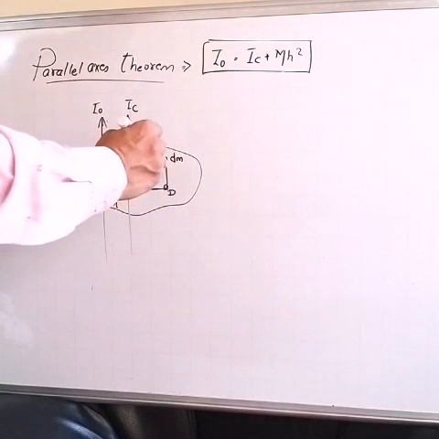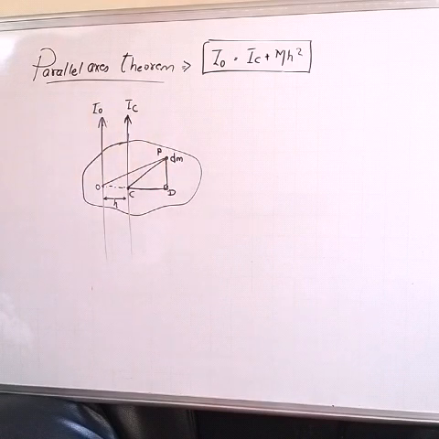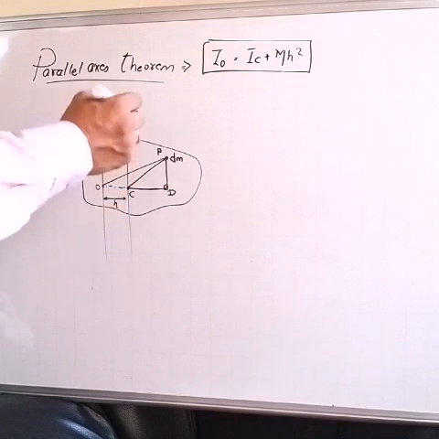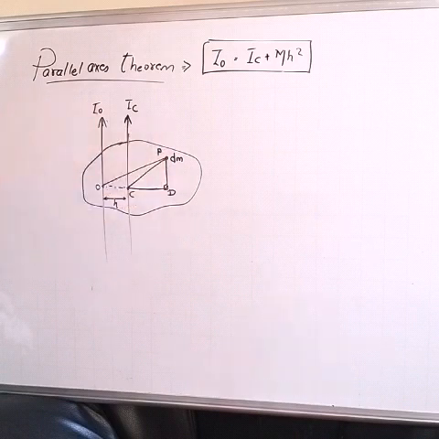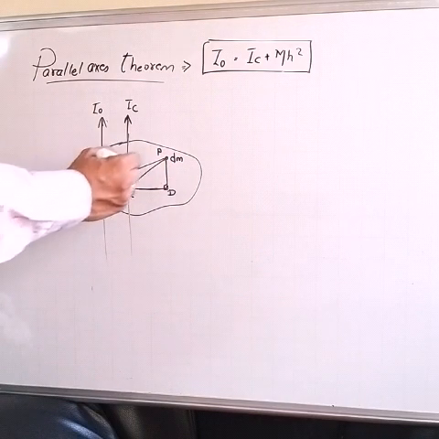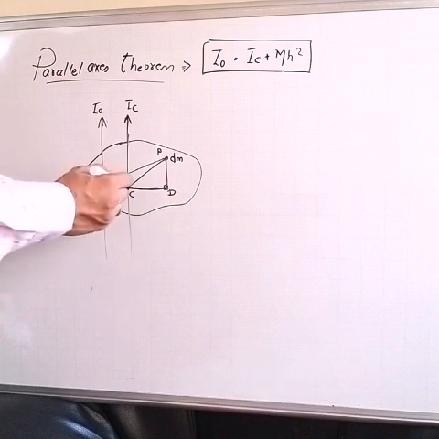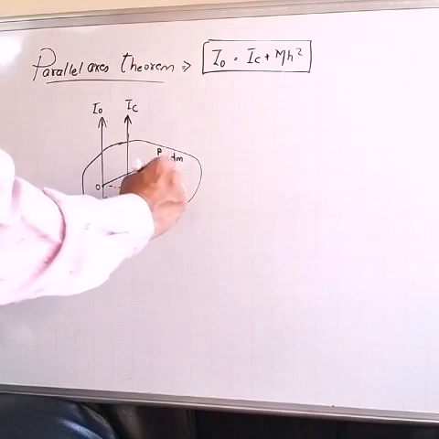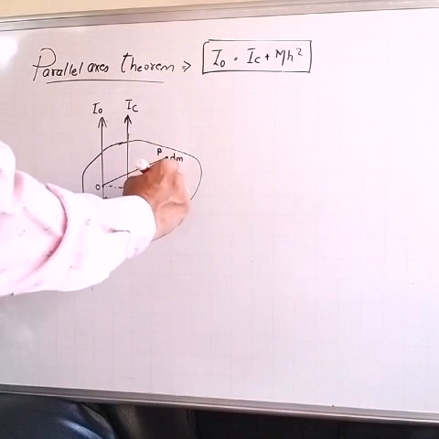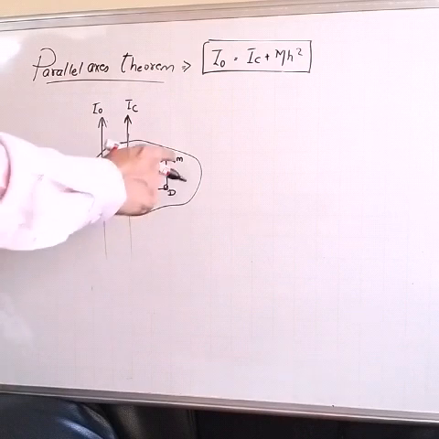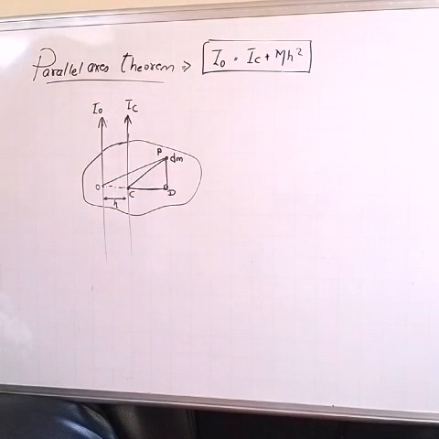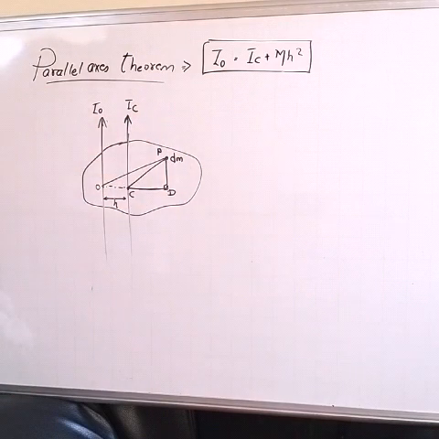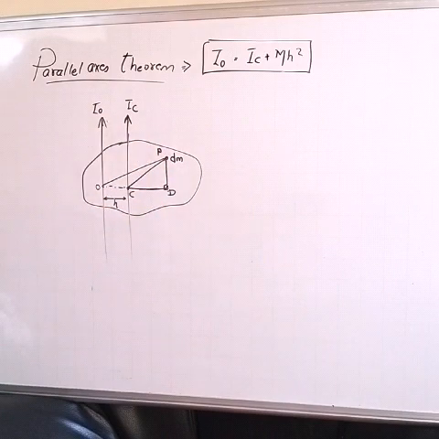I have taken a small element of mass dm at point P. Now I join the lines CP and OP. From point O I draw a line to P, and from point C also I draw a line to P. Not only that, I extend OC up to point D and drop a perpendicular from point P on D. So the diagram which you see here is that of a right angle triangle, OPD or CPD. You understand this first. These things I have drawn on the board.